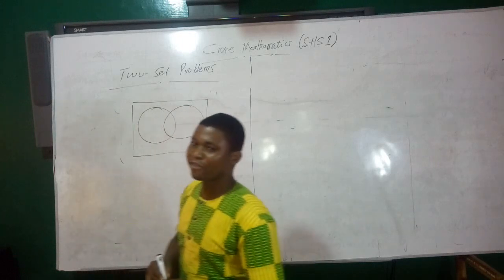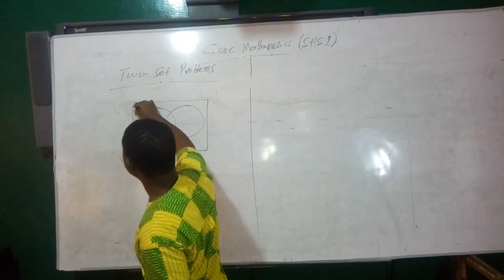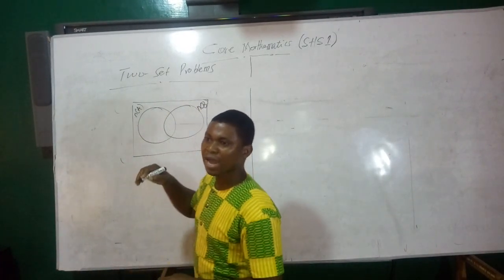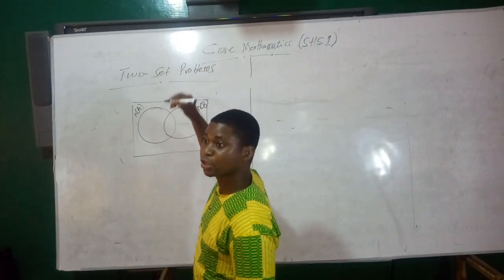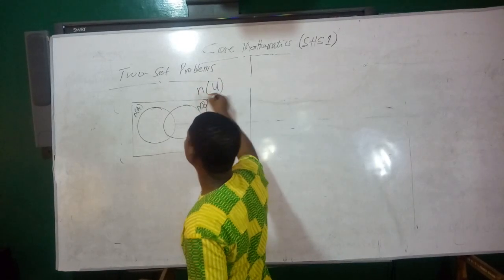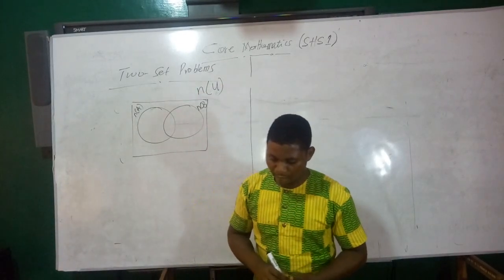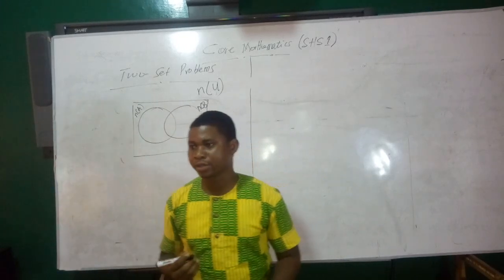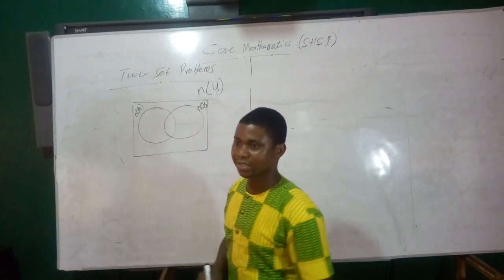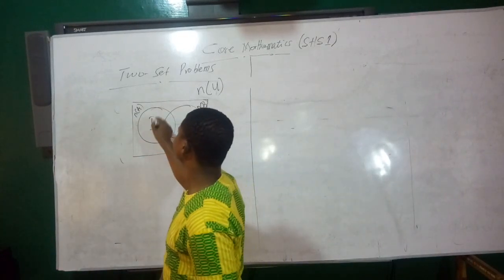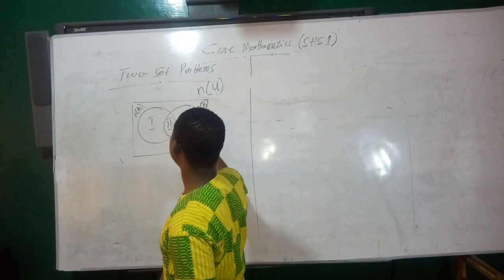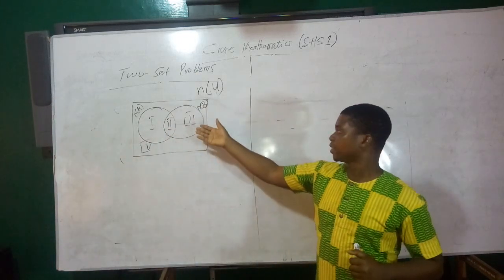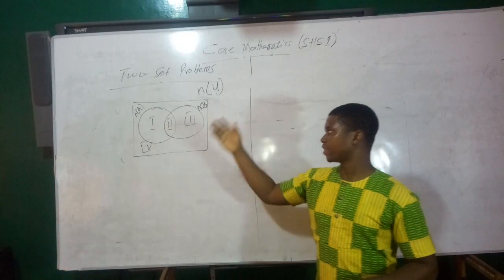We have a set A and B, so we have number of sets A and number of sets B. And we have the universal set U, so number of U. And we are going to use Roman numerals to represent these regions. So we have I,